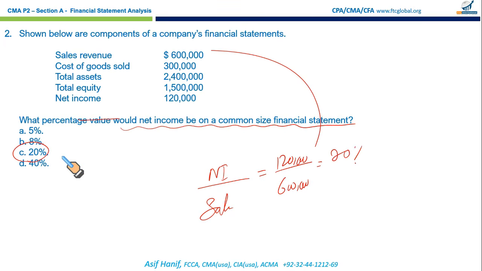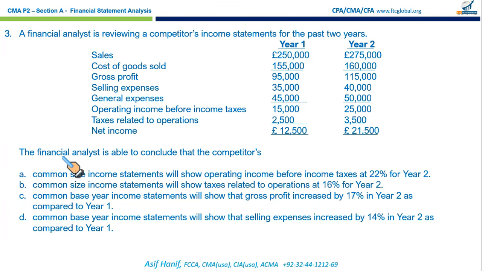So you can get such simple questions as well. You may get some average difficult questions, and you may get some very long questions like these. So be prepared for all types of questions, because your CM exam is a mixture of easy and difficult questions. So you need to be ready for every sort of question that comes your way. So what to do with this question? Let's have a look at the requirement. Whenever you come across a bigger question, look for the specific requirement of the question. It says the financial analyst is able to conclude which of the following?